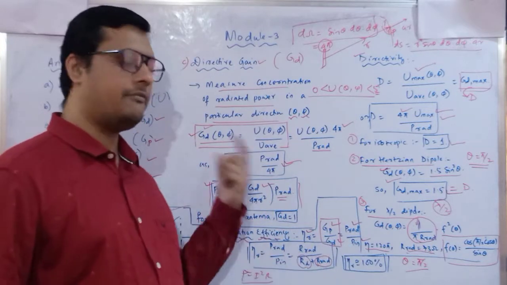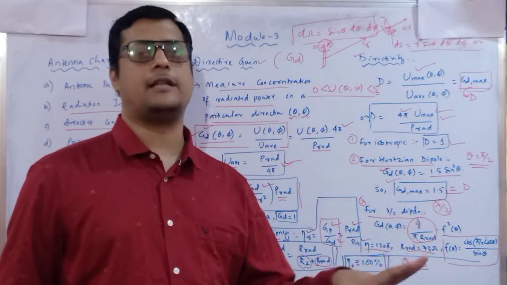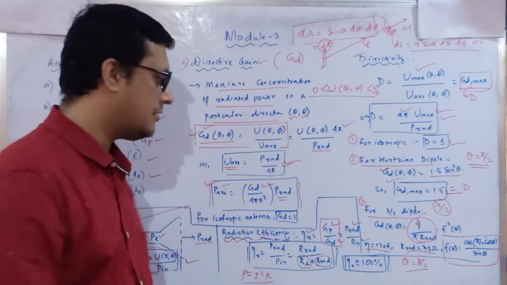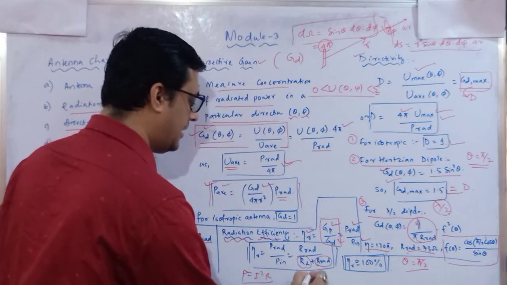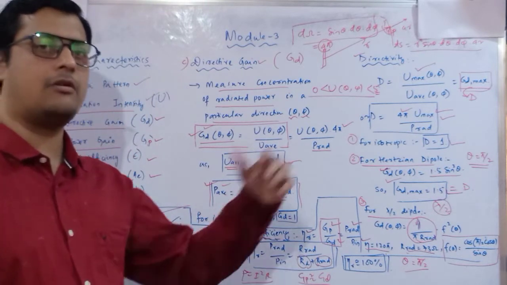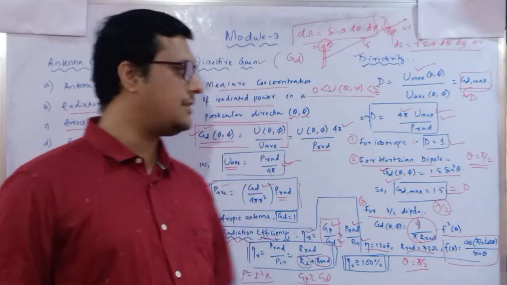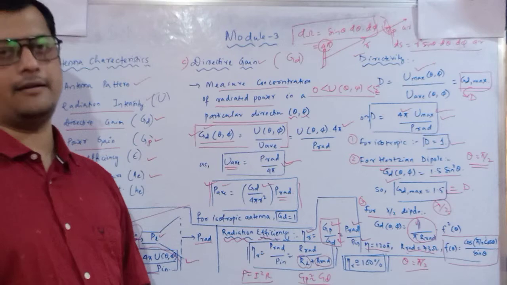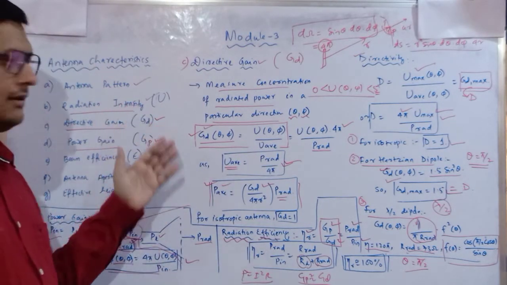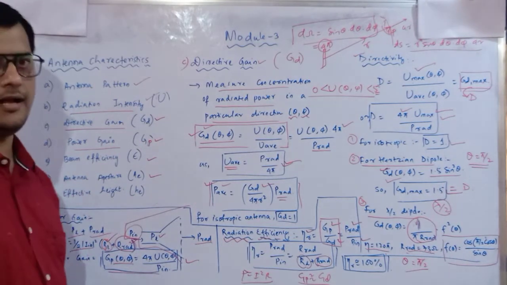So what are we doing? We are making the directive gain and the power gain equivalent, so that we can achieve maximum radiation efficiency of 100%. Okay. So here I can write GP is equivalent to GD. If it is equivalent to GD, it will be near about 1, and efficiency will become 100%. So these are the basic factors of an antenna: directive gain, antenna pattern, radiation intensity, power gain, and next we will discuss beam efficiency, antenna aperture and antenna height.